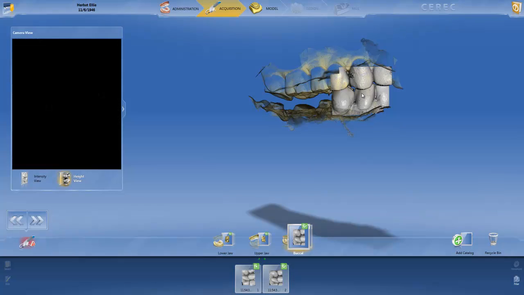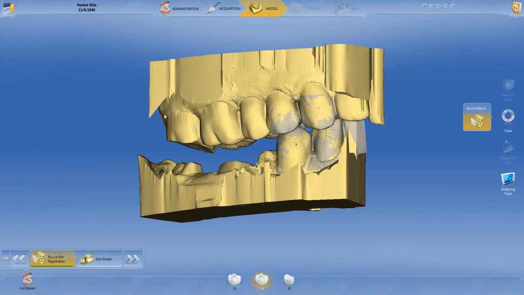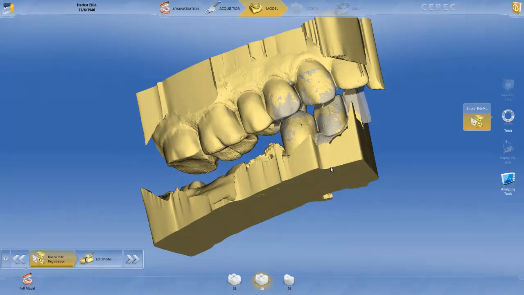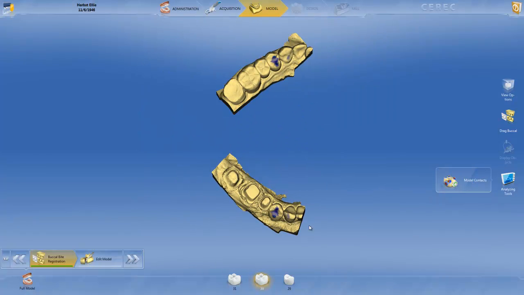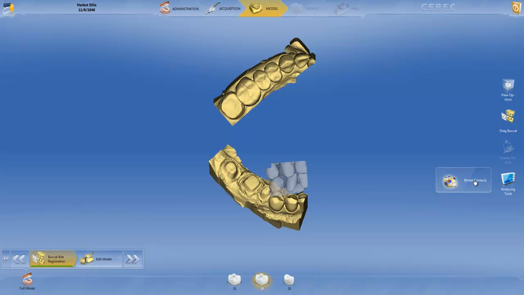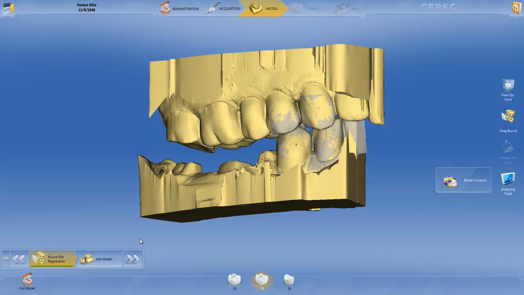I'm trying to take images on the front area, and let's proceed with the buccal bite. This is a buccal bite, and I want to make sure that my contacts are good, and you can see the contact points on a canine. That's what's supposed to be, and on the cusps of the first premolars. So we'll proceed